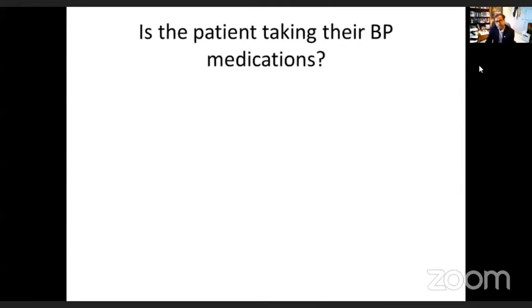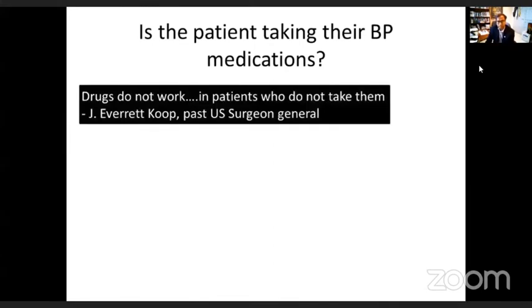और दूसरी बात है कि पेशेंट blood pressure की दवा अगर उनको चालू है, तो are they even taking their blood pressure pills, right? For example, this is a US Surgeon General who said drugs do not work if patients do not take them. And we had a patient like that, and there are many such patients. I'm sure you will know about it as well, कि दवाई लेते ही नहीं है, तो blood pressure ज़्यादा है, तो point क्या है? अगर आप if you treat the blood pressure in that 4 hours of dialysis, what is the point if that blood pressure after that is high? You need to treat their blood pressure in general over 24 hours, over their whole life, not just for those time when they are with you.